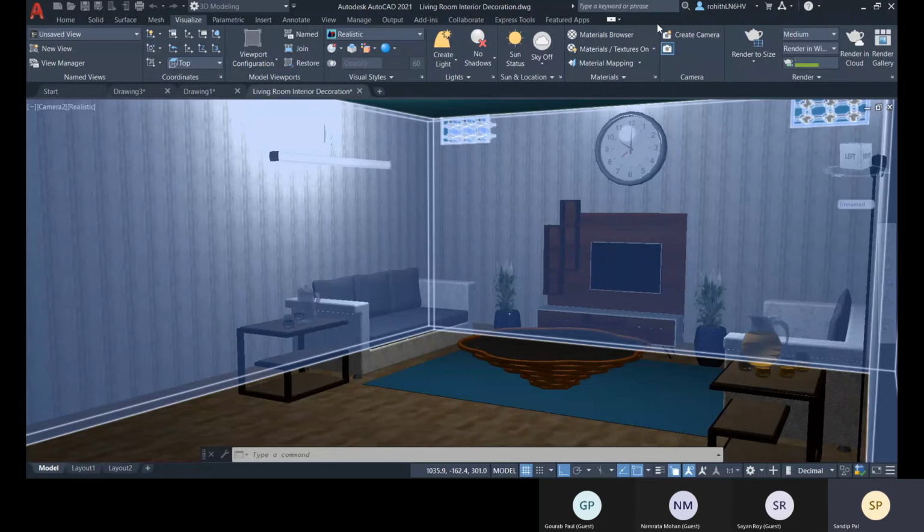Okay, so this way you will get the realistic image output from your AutoCAD. It will take a few more minutes to complete up to 100%.